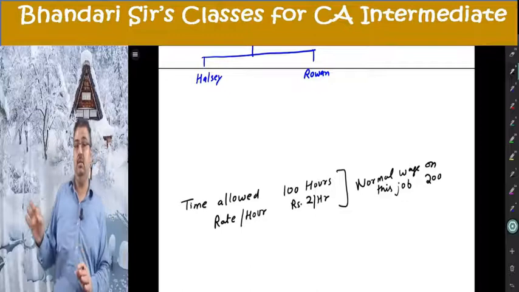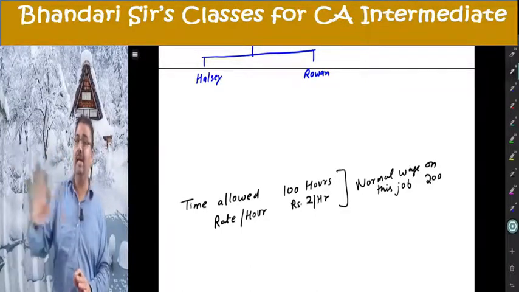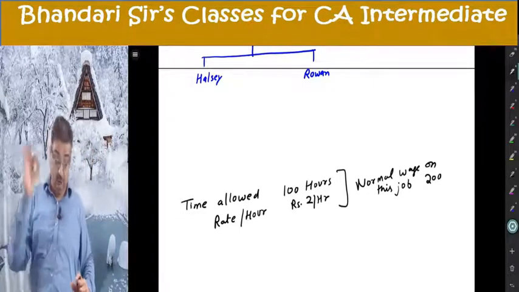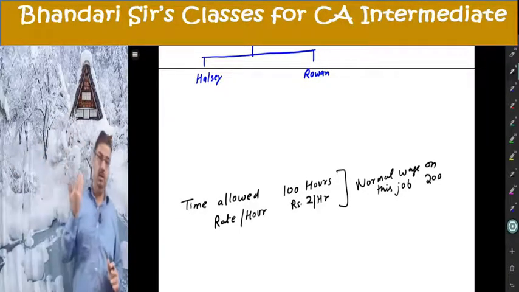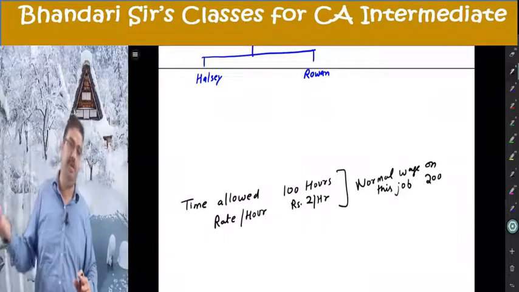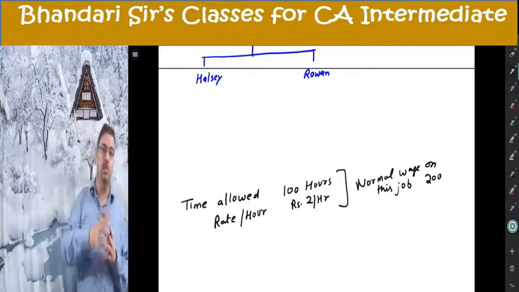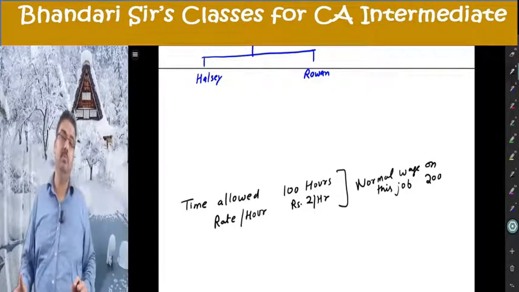Under this category, which is called premium bonus plans, there is no penalty concept. Has to be paid 300. Next time management may remove that worker from here because he is inefficient, very inefficient. On 100-hour job, he is applying 150 hours. But this time they will have to pay 300. No great thing at all.